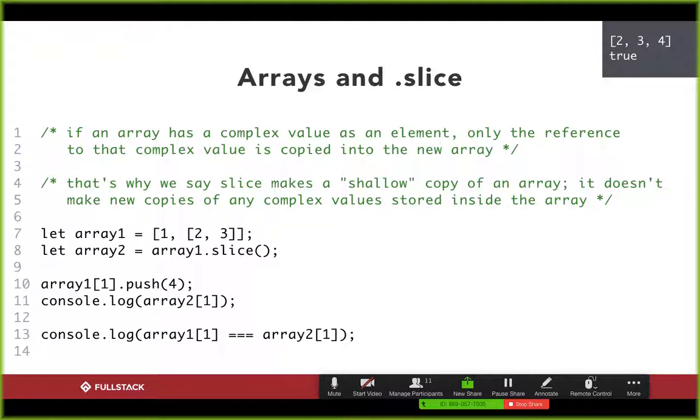If it encounters a complex value, it will only pass the reference. And therefore, because of the nesting, between line 7 and 8, even though we use slice, array 1 and array 2 are still tied together partially because they both share the same reference in their second element. And in fact, on line 13, which really drives the point home, if I compare the second element of array 1 to the second element of array 2 with triple equals, I get back true, which means they still